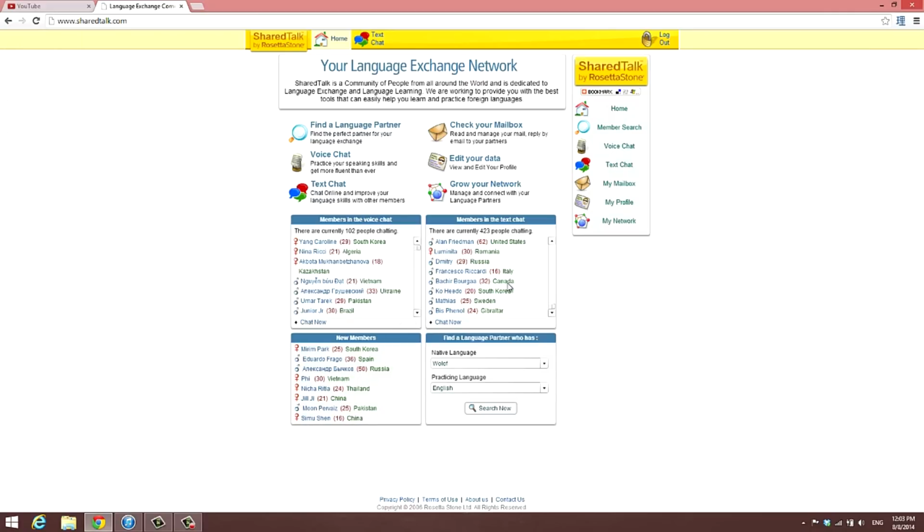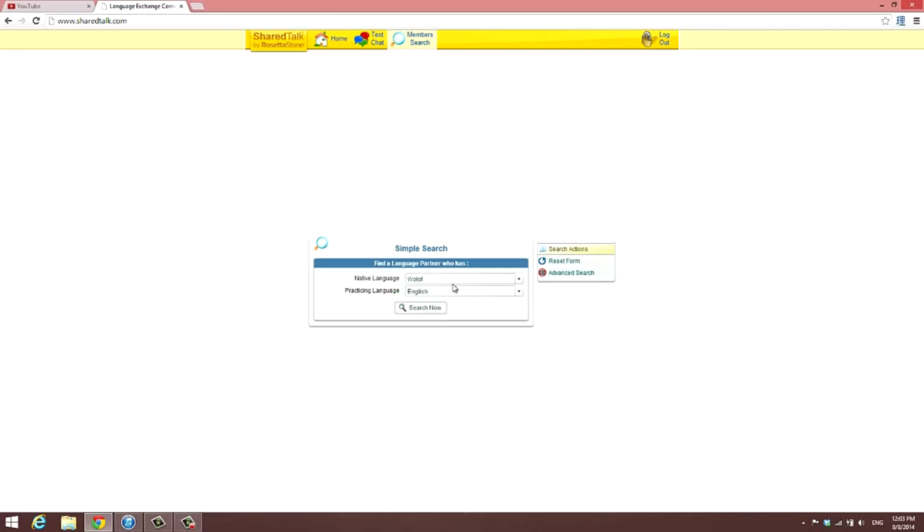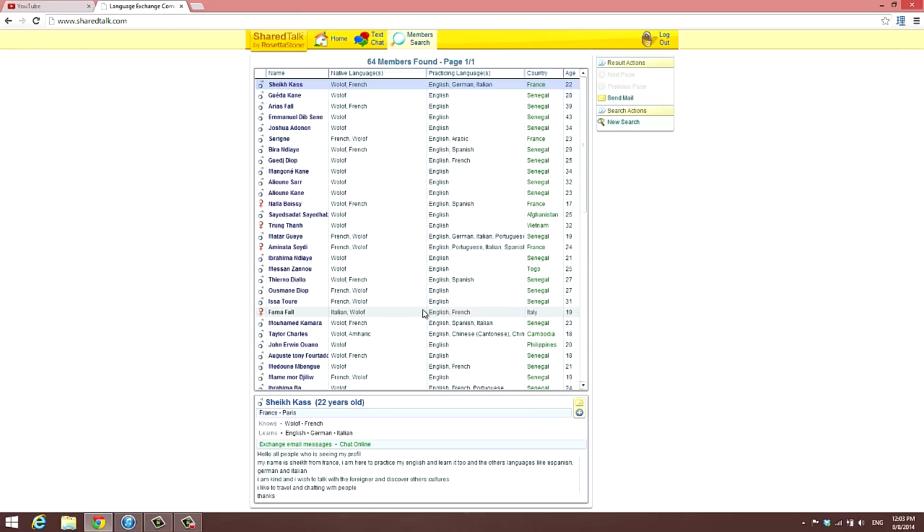So basically what I'm going to do is just go into this chat. Let me see, voice chat, text chat, mailbox. Oh, that's a mailbox. You can search for people and send them private messages. Like if you're looking for someone to practice Italian, you can do a member search and then put in a target language, right?